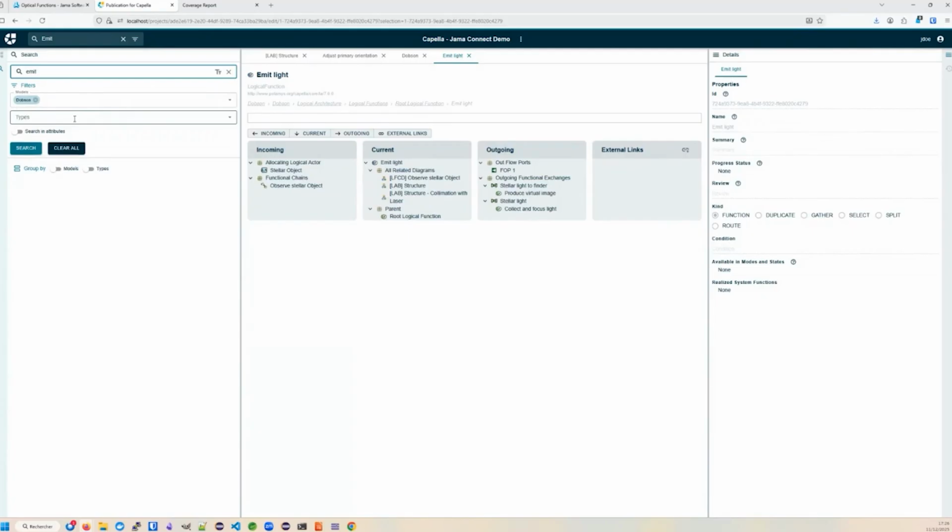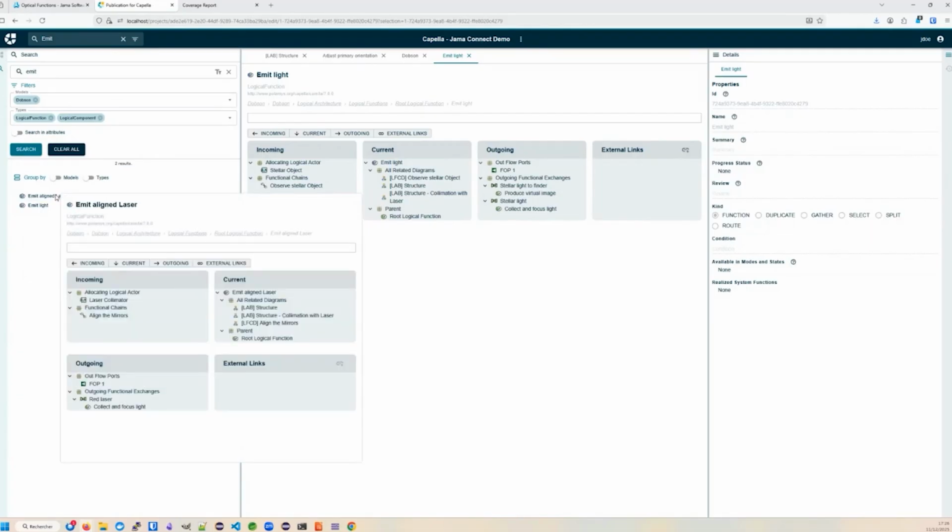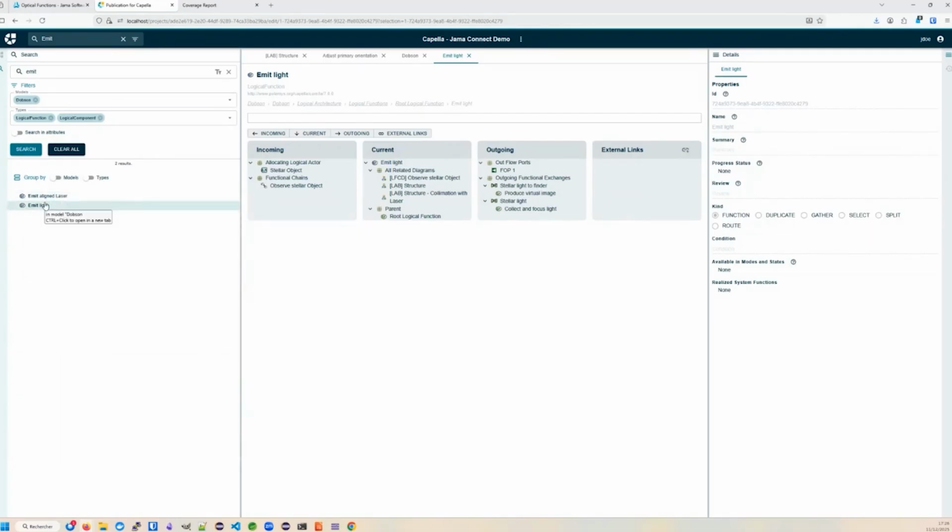You can say, I want to search only logical functions and logical components in the model Dobson, and I will hit search. I find 2 answers. The answers also can be previewed to make it easy to understand what they are. And that way you can find very easily anything you might be looking for.